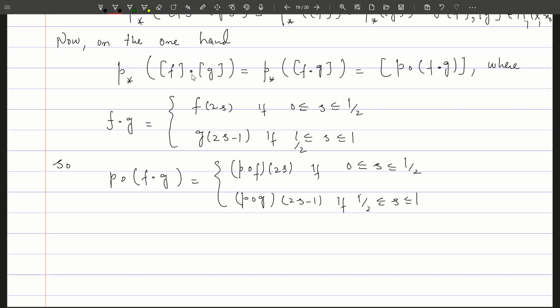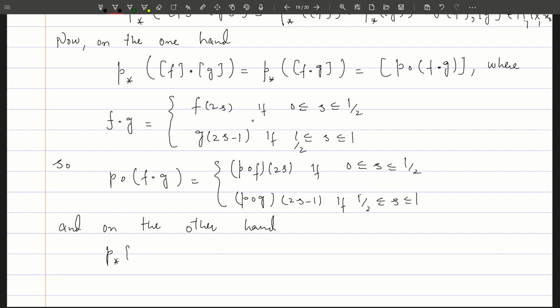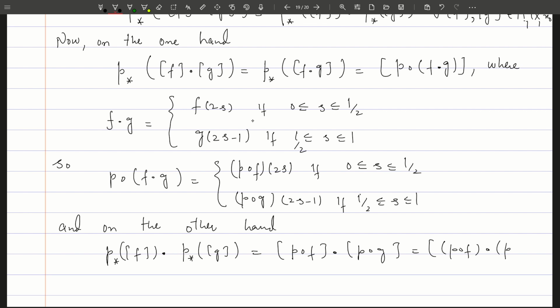And on the other hand, p star of f product with p star of g, so this is equal to the class of p of f product with class of p of g, which is by definition the class of p of f product with p of g,